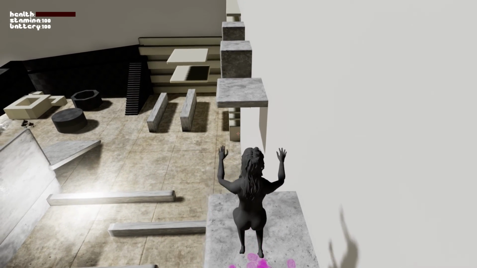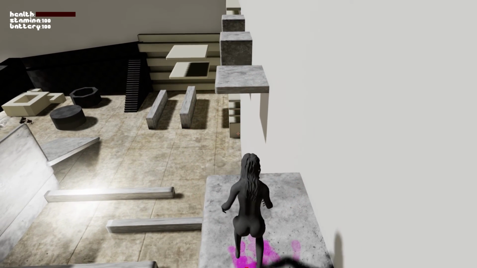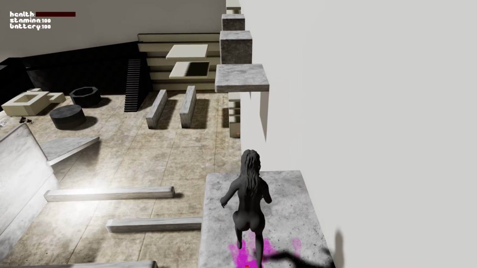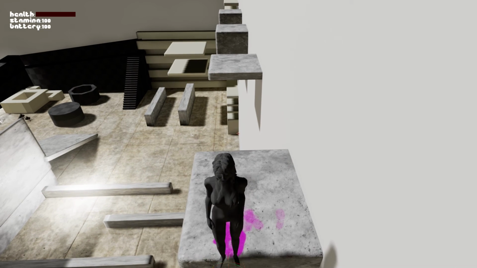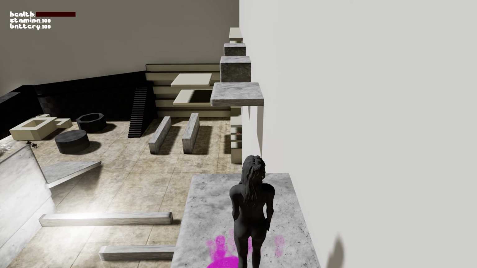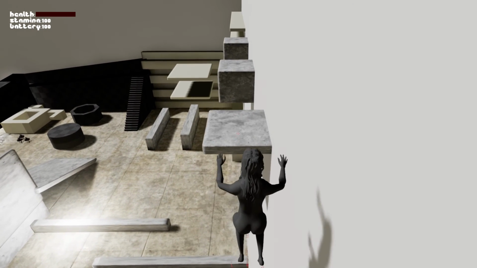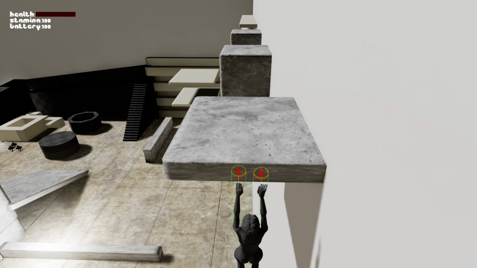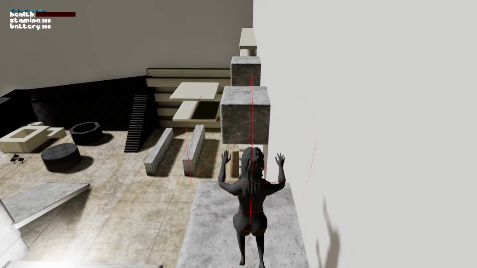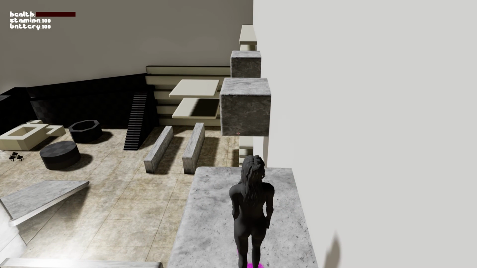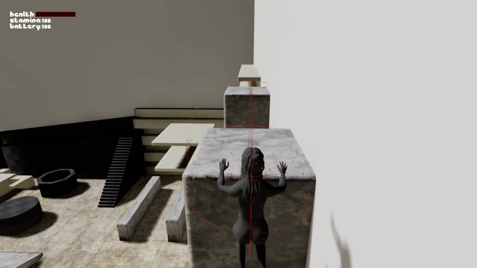Turned on all the traces, so for one frame you see some sort of traces everywhere, and you can probably guess which ones they are if you looked at the blueprints with more depth. So basically you have these traces when you're falling to determine whether there's something in front of you or